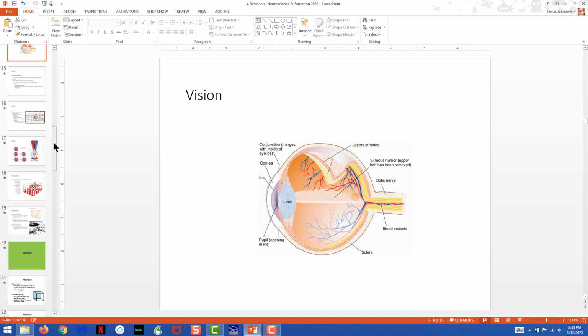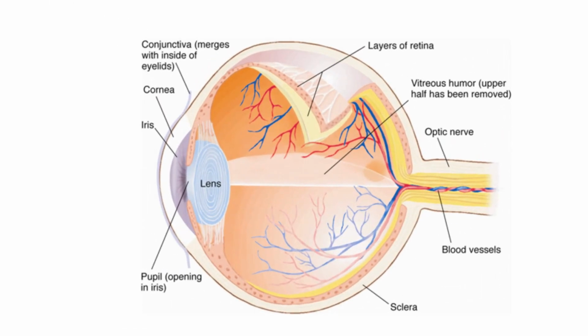One, let's take a look at the conjunctiva. The conjunctiva is a tissue that covers the front of your eye and gets connected to the eyelids. So I do still hear sometimes people say things like they put in a contact lens and it rolled around to the back of their head. That could only happen if they didn't have a conjunctiva. And if they didn't have one, they would have tremendous eye infections all the time. So be aware that the outermost tissue for your eye is the conjunctiva.